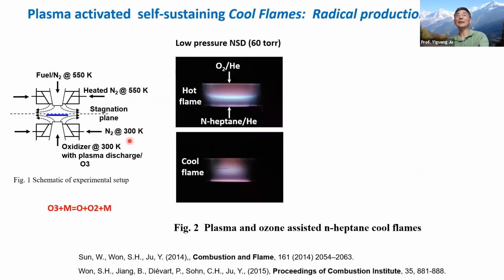That's something we did in the experiment we showed you yesterday. After we drew that kind of figure, in 2014 we said, let's use a plasma to see whether we can see a cool flame in the laboratory. So you can see, by putting a plasma there, a high temperature flame on heptane at a very, very low pressure, 60 torr. Normally you don't have cool flames, but with plasma you can see a very, very